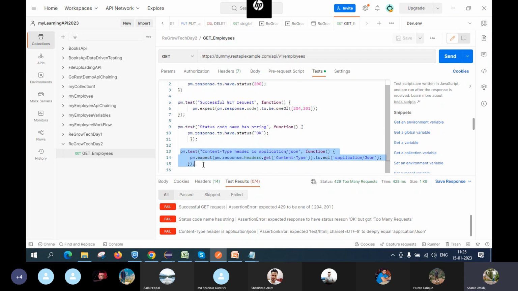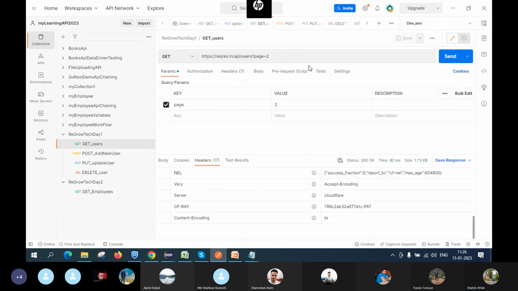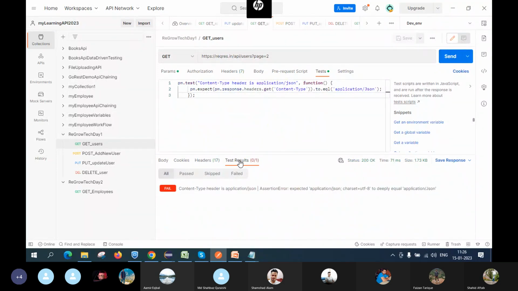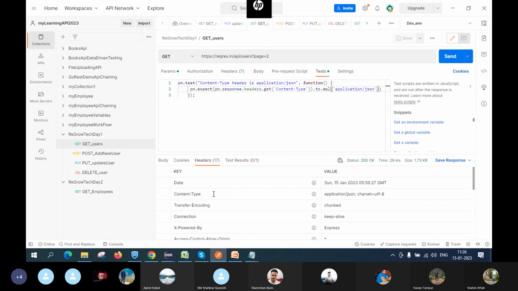दिक्कत यही है यहाँ पे, कंट्रोल सी, डे 1 वाले एपीआई में ट्राई करते हैं। पास हुआ कि फेल हो गया? फेल हो गया। अगर अब इसी को जे को छोटा कर दें, पास हो जाएगा। तो ये इसमें आ ही नहीं रहा, मतलब इसका हेडर कुछ और है। देखो इसका कंटेंट टाइप क्या है, एप्लीकेशन जेसन, फिर ये सेमीकोलन देके, तो ये अगर हम पूरा कॉपी करेंगे तब ये पास होगा। अच्छा, हम उसको पार्सली नहीं लिख सकते हैं क्या, पूरा ही लिखना पड़ेगा? पूरा लिखना होगा ना, इक्वल्स लगा रहे हो। क्योंकि तुमको एग्जैक्टली चेक करना है।